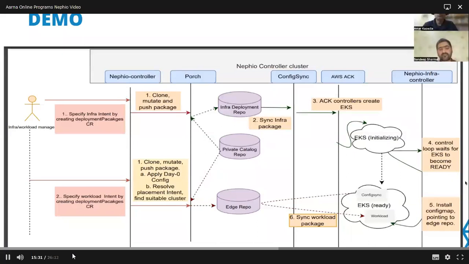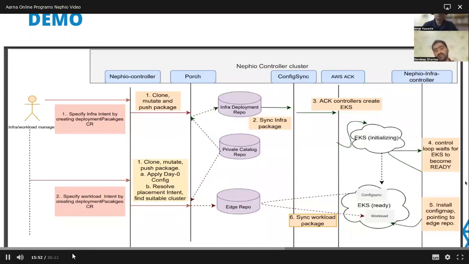And as a result of it, the ACK controllers from AWS will come into action, and they will start creating the resources which will basically comprise our EKS cluster. So this is the part.